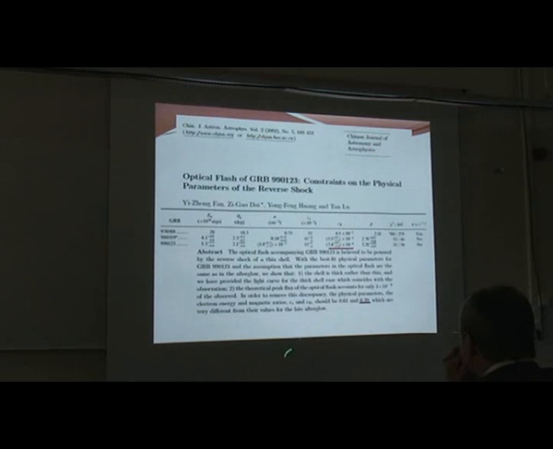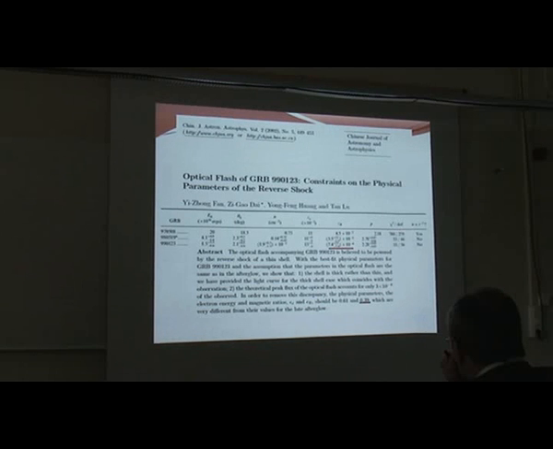Surprisingly, we found that if the shock parameters were the same for the forward and the reverse shock regions, the resulting optical flash would be too weak to be consistent with the data. To remove such discrepancies, we had to assume